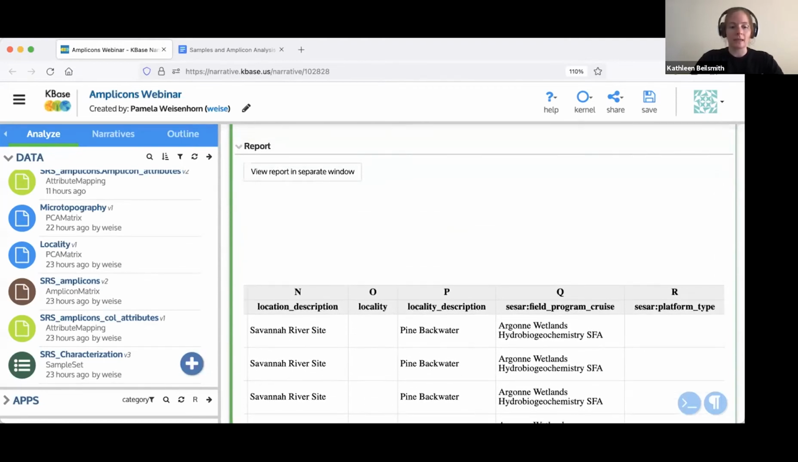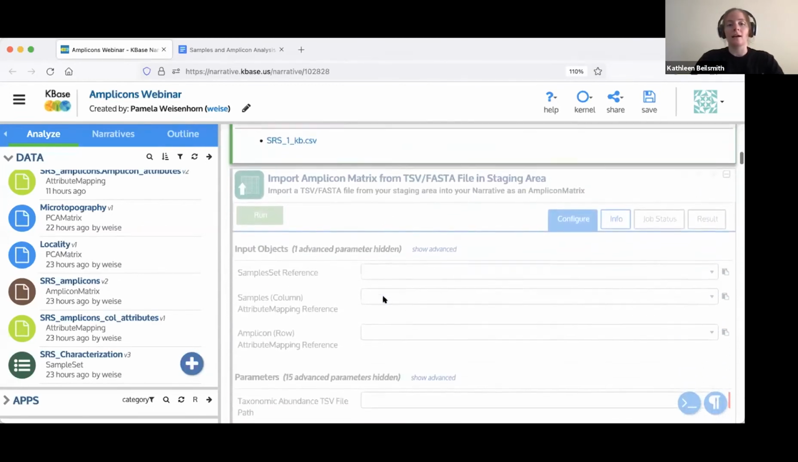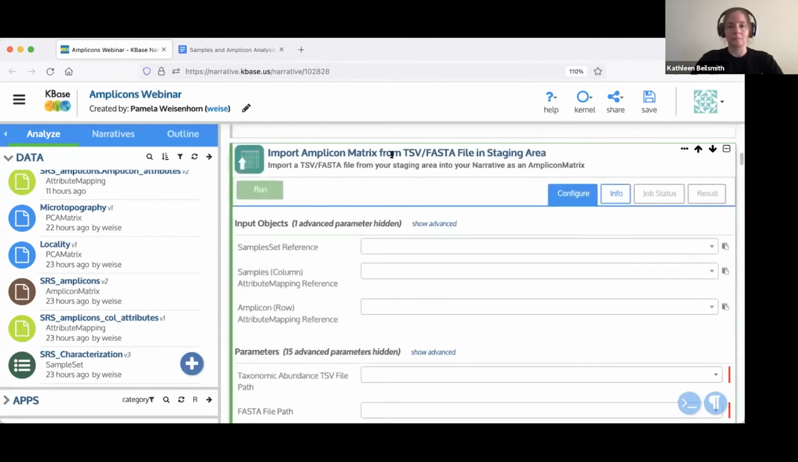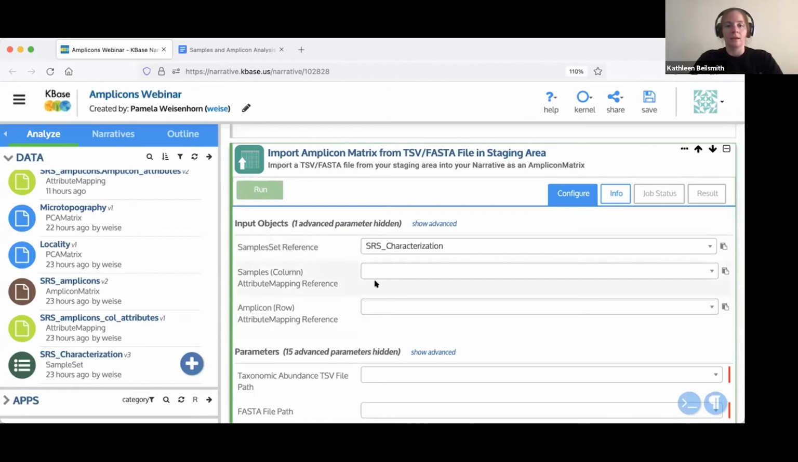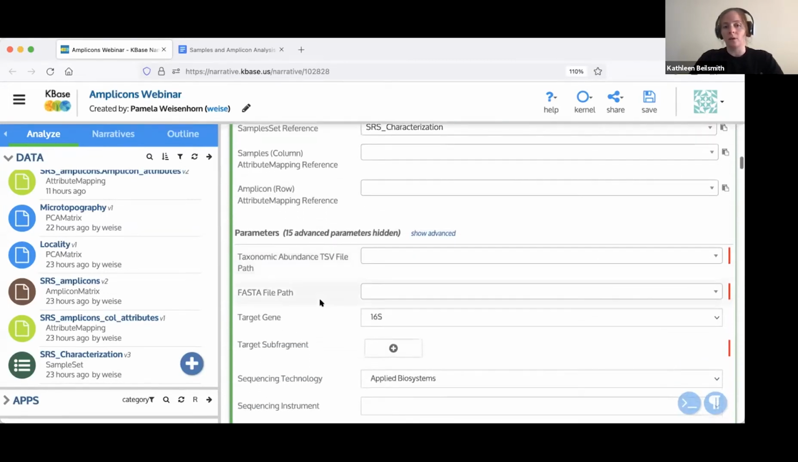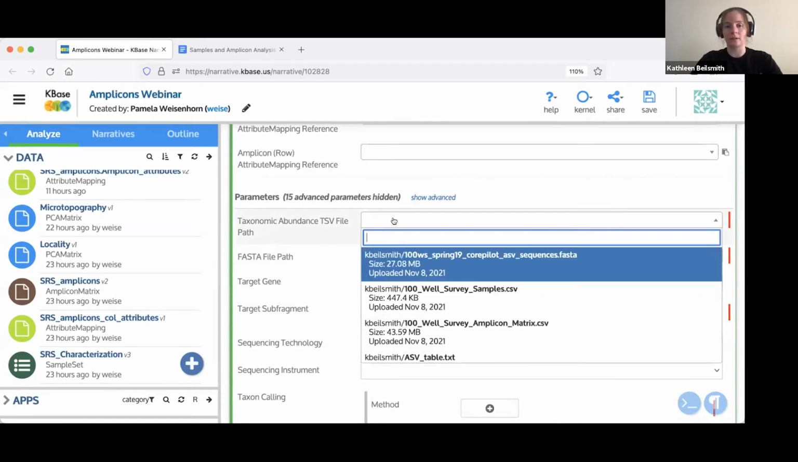All right, so the second part of this data upload process is going to be importing the Amplicon matrix. So for that, we're going to use this app to import the Amplicon matrix. And so the parameters here, first, we're going to have a sample set reference. So this is where we're going to choose the sample set that we just uploaded containing our metadata. And then we'll come down here, and this is where we're going to upload our count table. So this is going to be